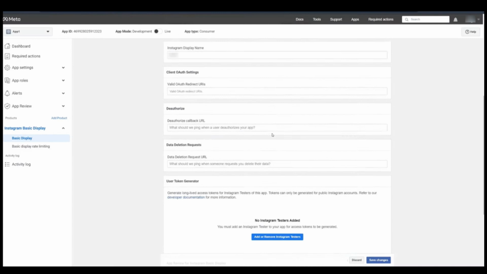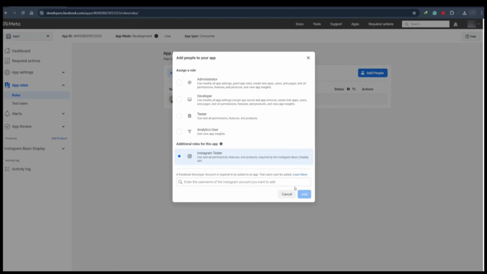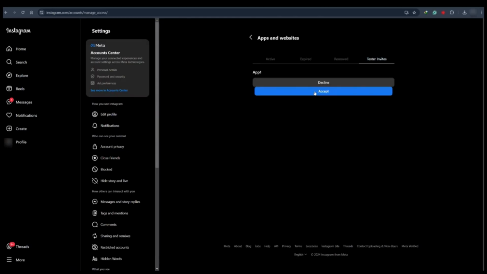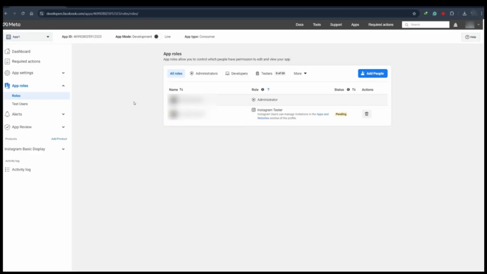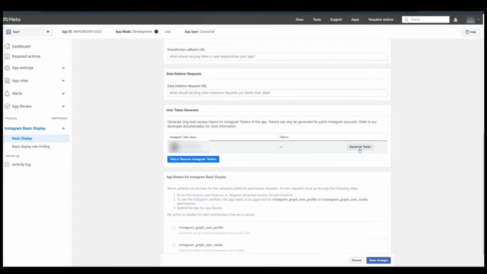Now add an Instagram tester. In the User Token Generator section, click Add or Remove Instagram Testers. Search for your Instagram username, select it, and click Add. Log into that Instagram account, go to Profile Settings, find Apps and Websites, and check the Tester Invites tab. Accept the invitation. Back in the Facebook Developers dashboard, go to Instagram Basic Display, scroll to User Token Generator, and